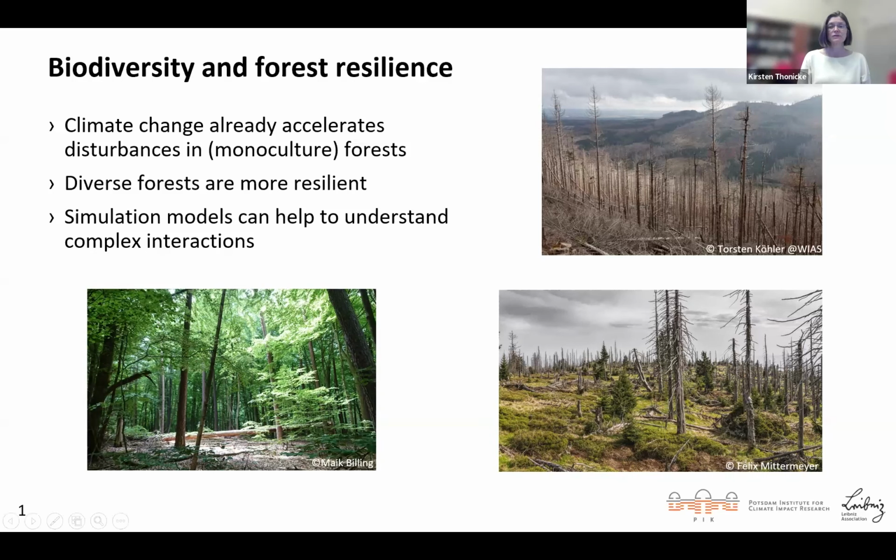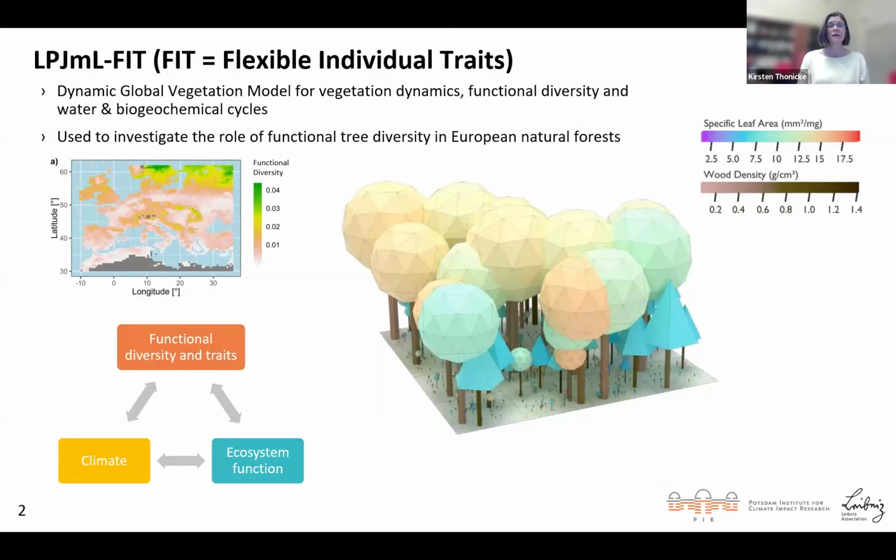And the two examples that I show you in my talk today come from Europe, simulating potential natural vegetation in Europe. The model that we use is the biodiversity subversion of the LPJmL dynamic global vegetation model. We include functional diversity by implementing a plant economic spectrum and combining it with gap dynamics to simulate